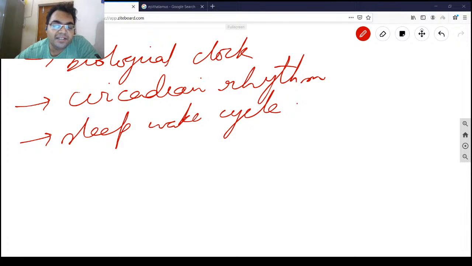Always remember this thing. Melatonin is secreted by the pineal gland. Also, in case of patients suffering from insomnia, melatonin can be recommended by doctors to be taken orally. When melatonin is taken orally, it appears to contribute to the setting of the body's biological clock by